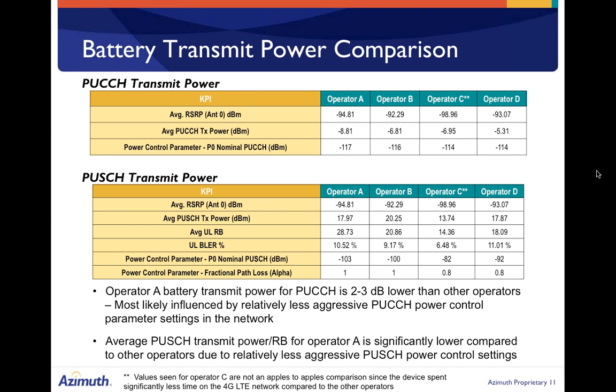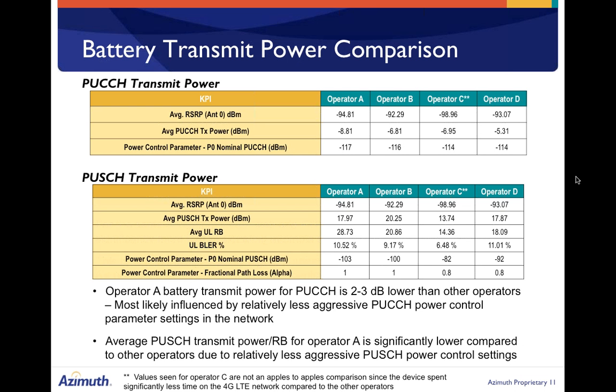And what this means is this is a base station setting which says what kind of powers the base station wants to perceive from the UE when the UE is doing data transfer. And the requirement from operator A seems to be less compared to operator B and D, and that lesser requirement has not led to any impact in terms of radio link failures or connection failures. So it looks like with the settings that were being used by operator A, it was able to achieve lower transmit powers, and that helped operator A to come out as the best operator in terms of battery transmit power comparisons. Similarly, for PUSCH transmit power, which is the shared channel transmit power,